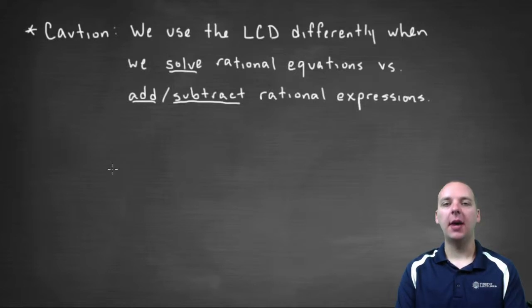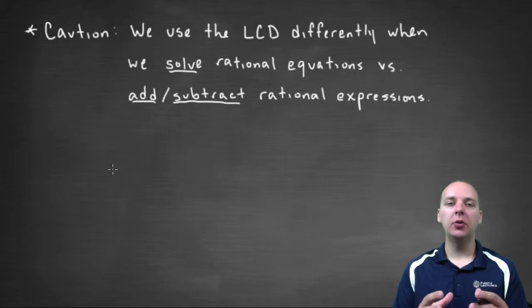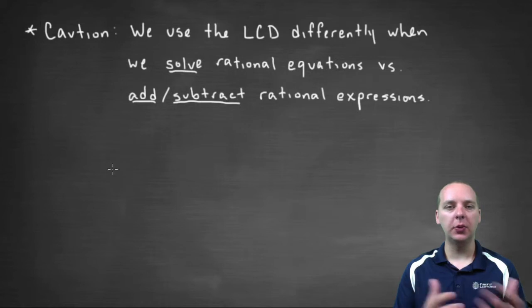Whenever I teach the chapter on rational expressions and equations, there's a very common mistake that I see a lot from students. So I wanted to make a quick video just highlighting this common error, just to make you aware of it so that you don't make the same mistake. It has something to do with the LCD that we often have to find whenever we're dealing with rational expressions